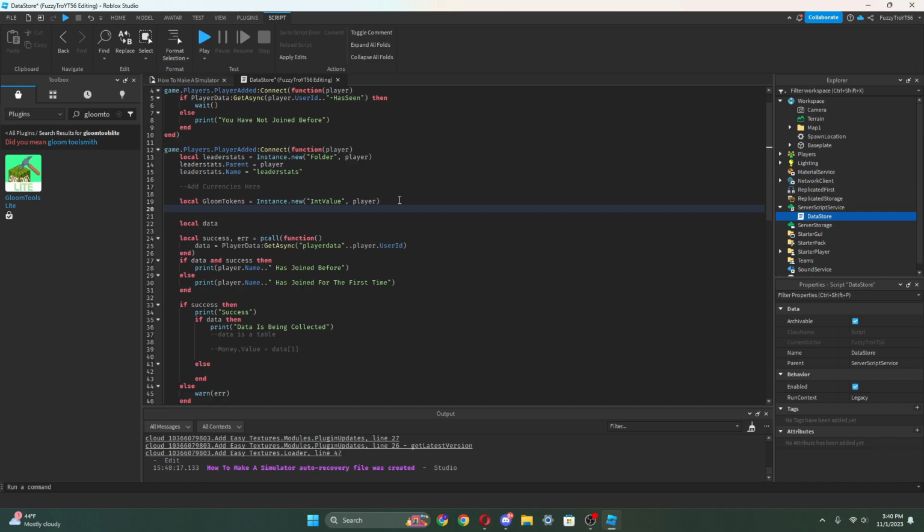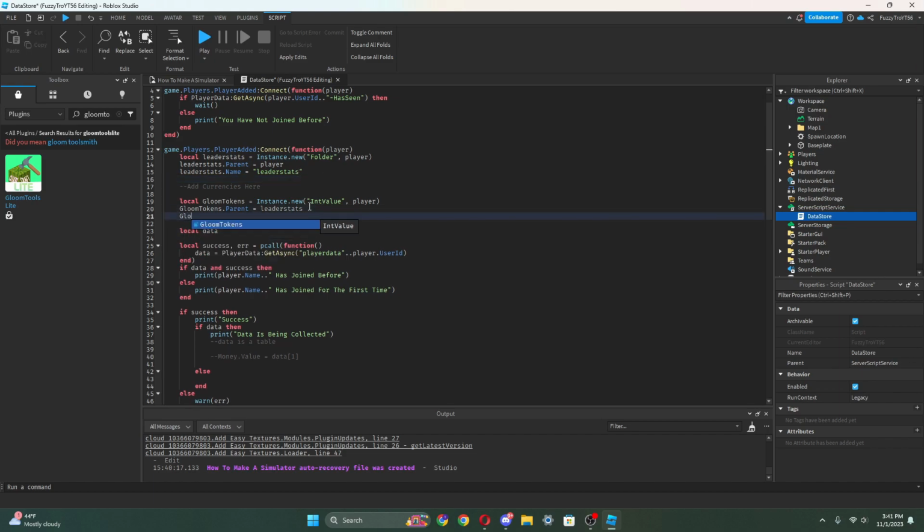All right, and then we could do Gloom tokens.Parent equals leaderstats, and this folder right here is already gonna be here. The reason why it's called leaderstats is because then it will actually show up on a leaderboard in the top right with all the player lists and whatever. All right, there you go. So now we're gonna do Gloom tokens.Name equals obviously Gloom token,